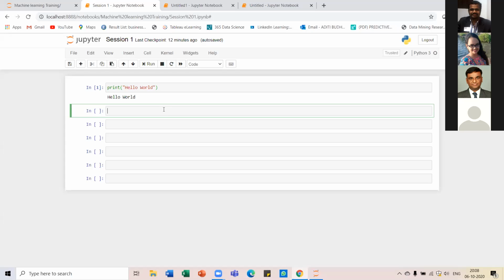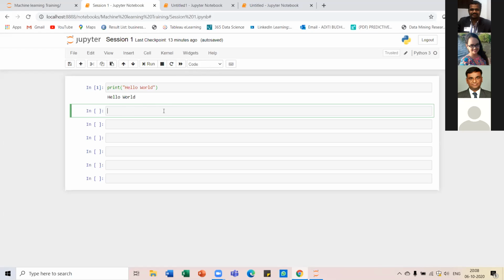In order to have the markdown, first you have to convert the cell into a markdown cell. You can do that by going over here. You see that by default it is Code that is written here, which means this cell is for coding.